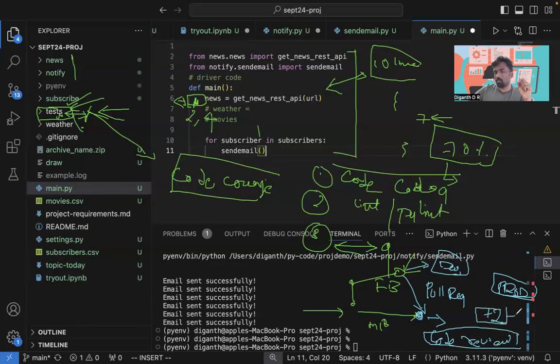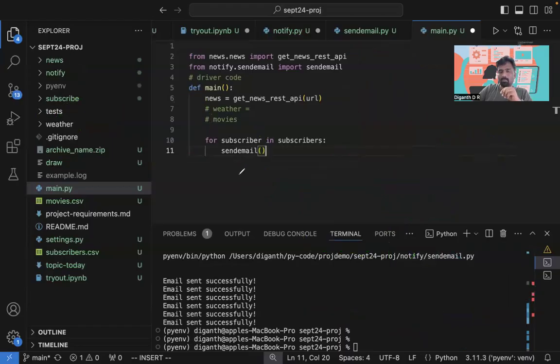So if they vote the code, only then the merge button gets enabled and you can merge the code into the main branch. So that is how it gets into the main branch. From the main branch, once it's there, the deployment pipelines come in. So they're called pipelines, right? Deployment pipelines. Now the code is in the main branch,